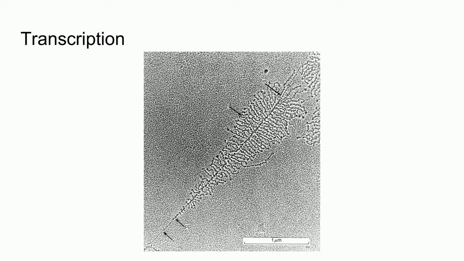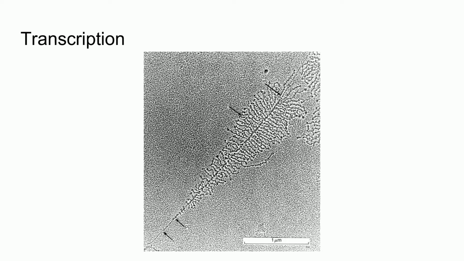Of course, a gene is not transcribed once, then left alone. Rather, the gene that is open to transcription will be transcribed multiple times, until a signal from the cell stops it from happening. This image depicts a single strand of DNA being transcribed multiple times. The strand of DNA is at a diagonal in the center of this image. Multiple RNA polymerases are transcribing this portion of DNA already, each producing their own strand of RNA, coming off like bristles in a wire brush. The young strands of RNA are located on the bottom left, the shorter strands, with the largest RNA strands at the top right representing nearly complete transcripts.